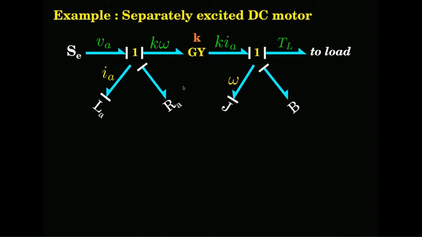Let us try to make the equations. First, you take this junction. You can start with any junction, it does not matter, any dynamic element, all are equally fine. Let us say we start from this junction. Now, this is the flow decider, the hero of this junction, and with respect to that I need to know what the effort here is.